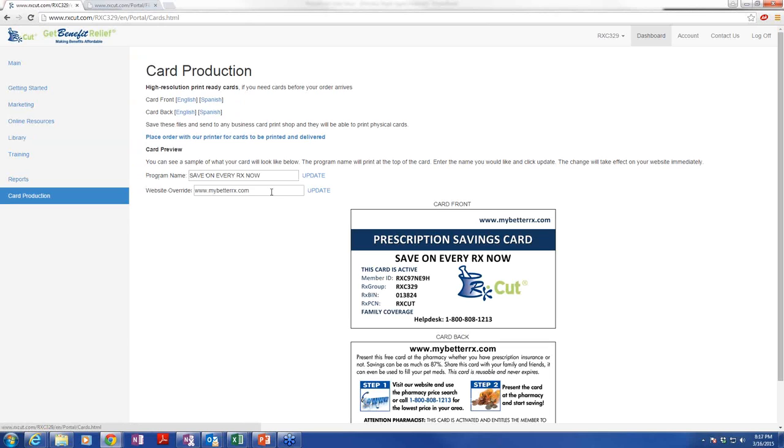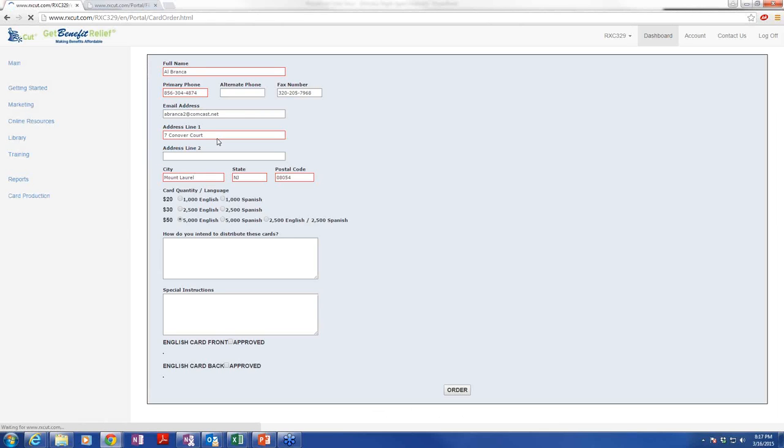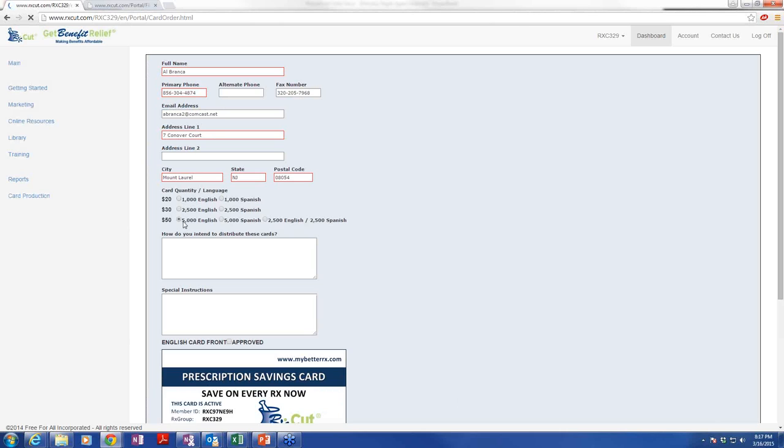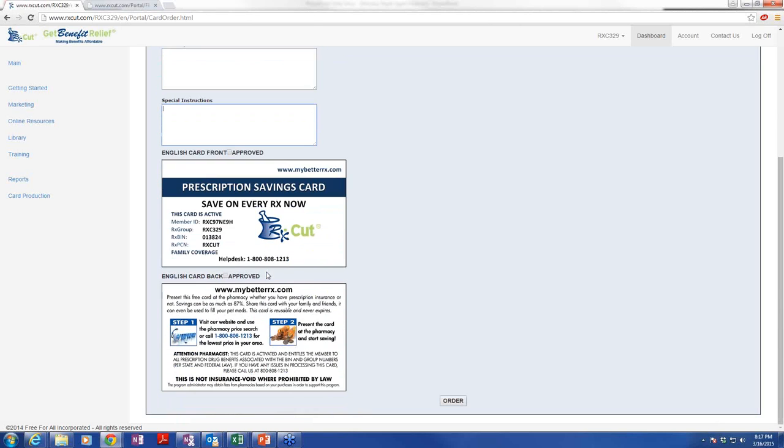If you wanted to change the program name or the website address, if you have your own domain, you can certainly do that and update it, and it appears immediately on the card. When you place your card order, you put the amount in that you're looking to order. Once again, if you wanted pet cards, you would put them in special instructions. Once you hit order, after you approve the front and the back, of course, because it won't go through without,